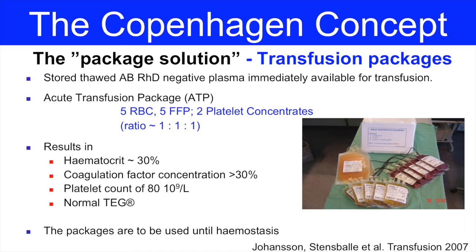In 2004, here in Copenhagen, we implemented a concept called the Copenhagen concept. This is the package solution. Back in 2004, we implemented the use of these transfusion packages. You see them on the right. That is 5 RBCs, 5 plasma, and 2 platelet concentrates pooled from 8 donors. This is actually signifying a ratio 1:1:1, and we used that back in 2004 at the same time as other